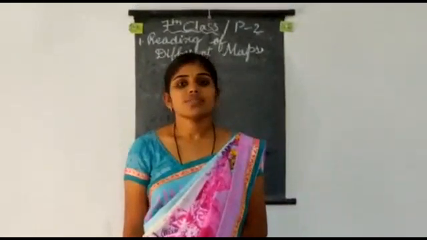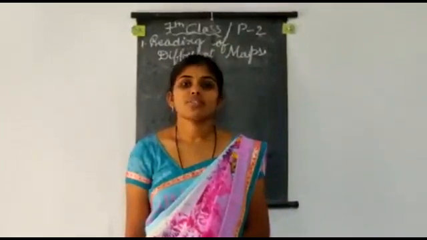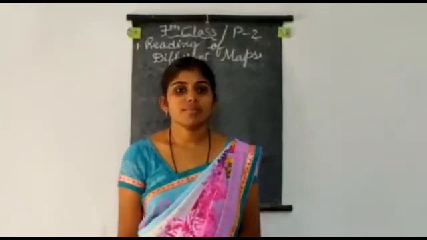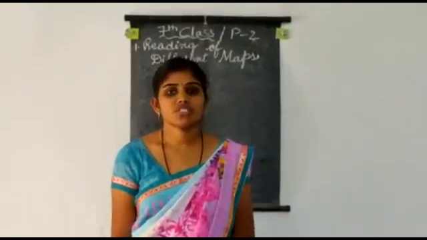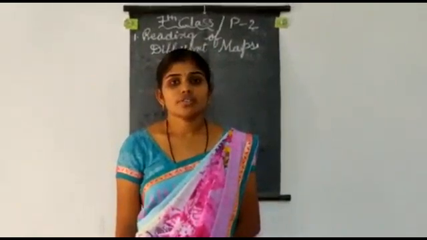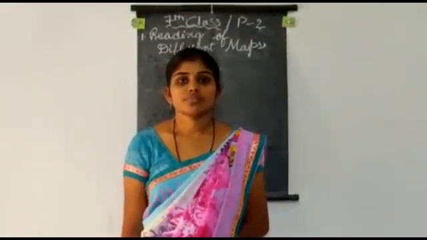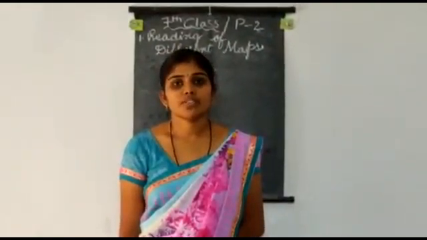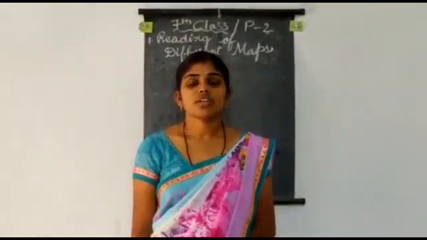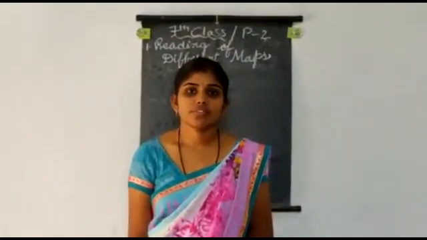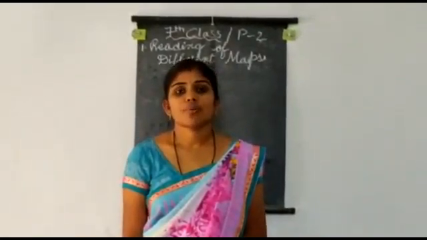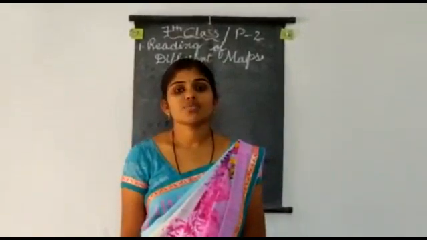In the last class we discussed the symbols which are used on the map, for example railway track, settlement of the people, post office, railway station, trees, water tanks, color of the water, and the temples, worshipping places, roads, railway tracks, and also the colors which are denoting the things. Secondly, we came to the next topic, that is the different types of maps.